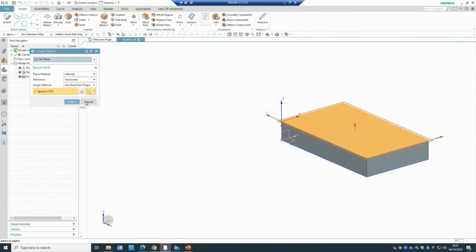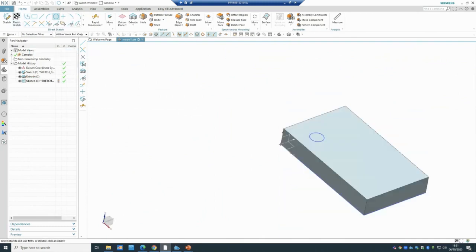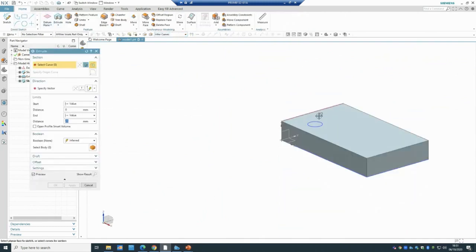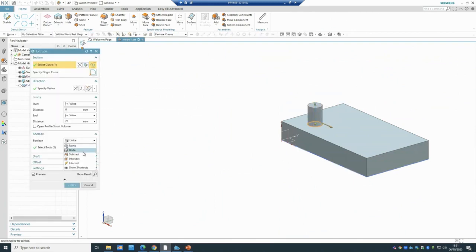I won't explain what I'm doing, but I just want to tell you what it is. Extrude this one. Okay. So what you're seeing here, I have two different sketches, two different extrudes, and they're not connected with each other. If you want to make them into one part, I would be able to go to the boolean and tell it I want it to be unite, which means one simple